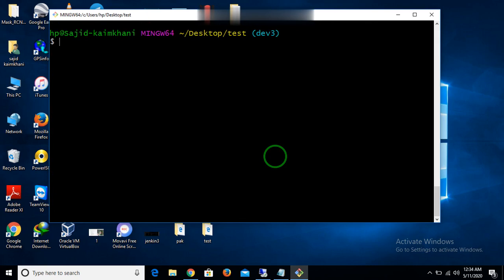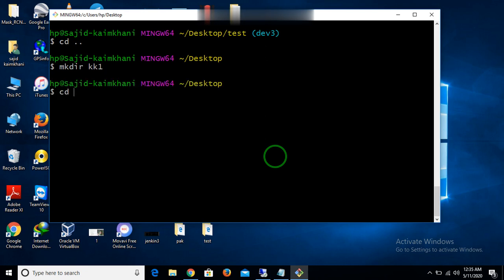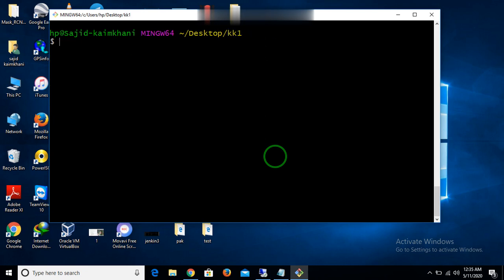So lastly we have the merge conflict. For that let me create another directory, mkdir K1, then we move into K1.